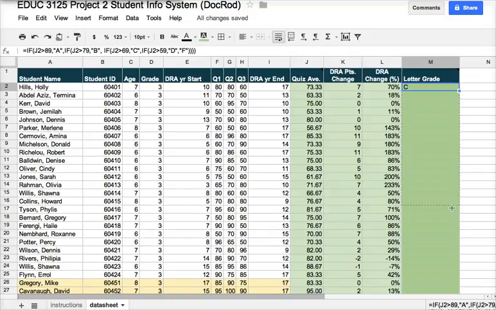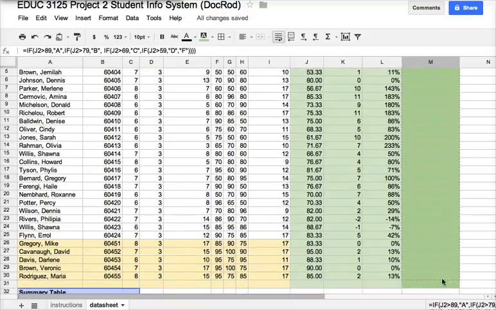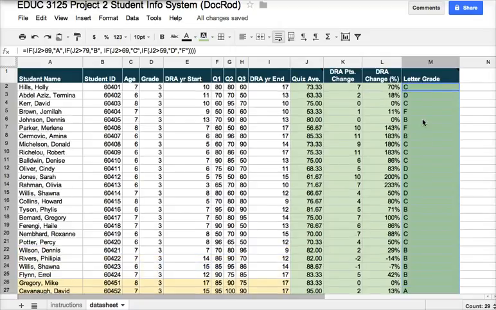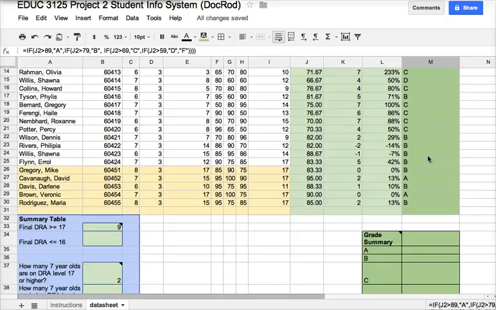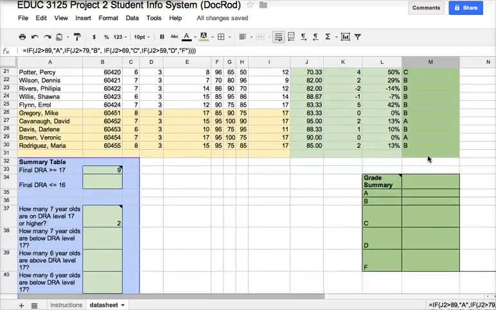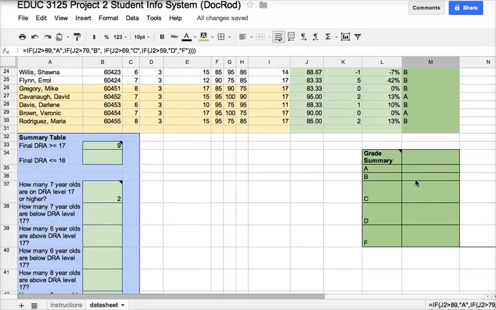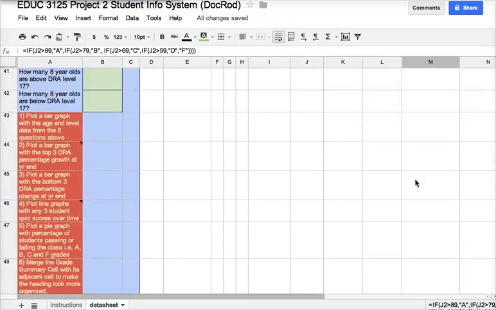And then I'm just going to drag these down. And it's going to go ahead and just do that for us. And so we have the letter grades calculated here. And so now we have some other parts of the sheet that we want to work with. So the grade summary section, and so if you come down the list, it says